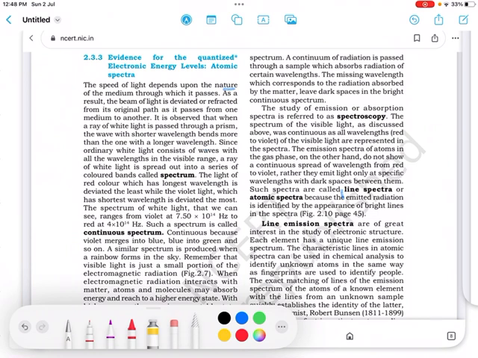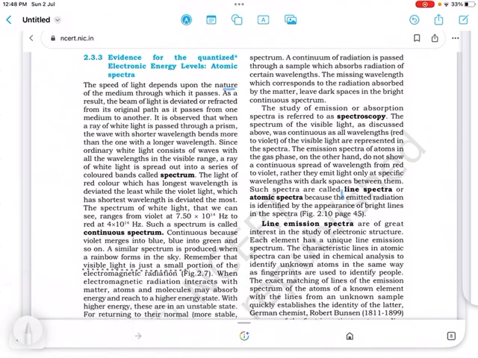Remember that visible light is just a small proportion of the electromagnetic radiation. We all know visible light, and that visible light is just a very, very small portion of the radiation. So when electromagnetic radiations interact with matter, atoms and molecules may absorb energy and reach a higher energy. This is important. When an electromagnetic radiation interacts with matter, an atom or a molecule,